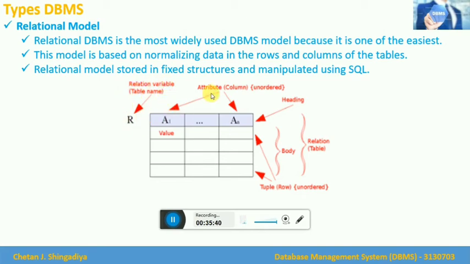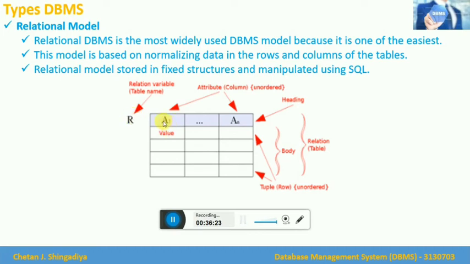If we have a table, then we also have attributes. Attributes are nothing but the number of columns, which are unordered. So the attributes, or we can say columns, are from A1 to AN. And these attributes are nothing but the heading of the relational DBMS system. Then this one is a tuple. This entire row is a tuple, and here is another tuple. And this is the body part, and this entire data is a relational table, or we can say a relation. So this is a relation.